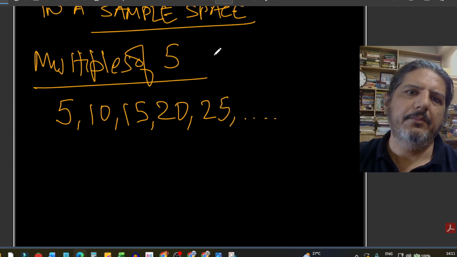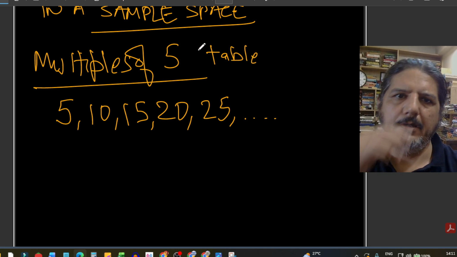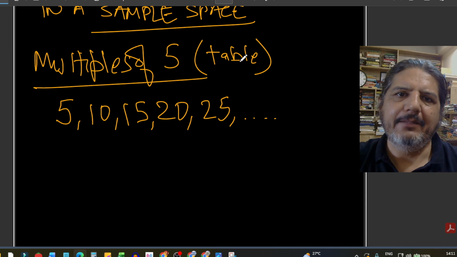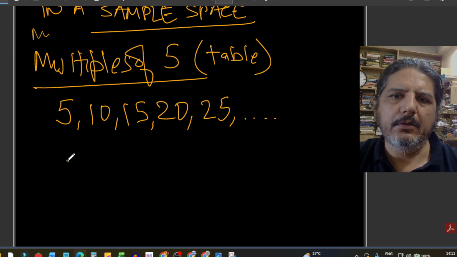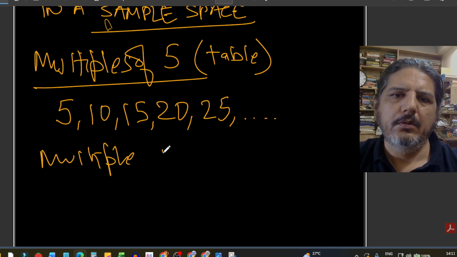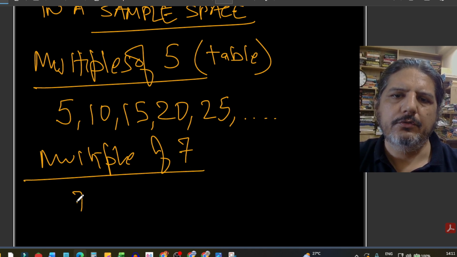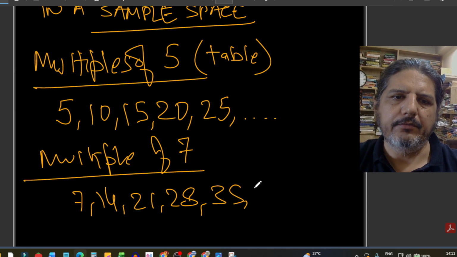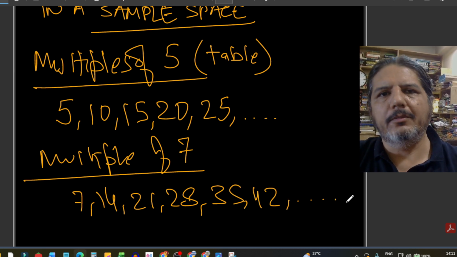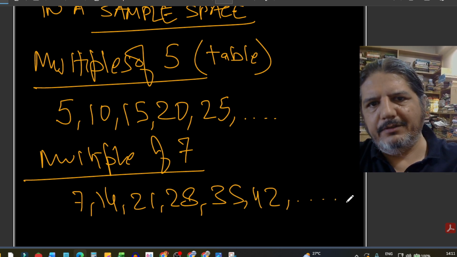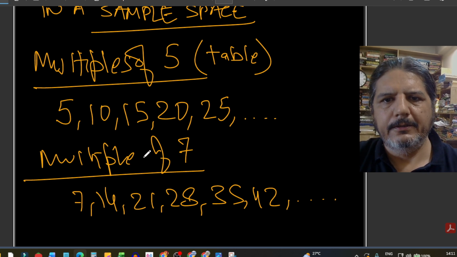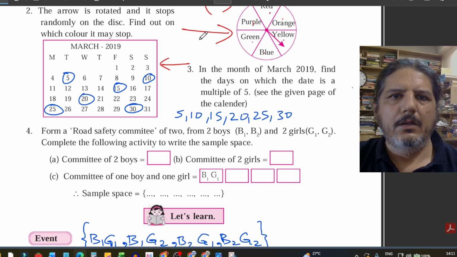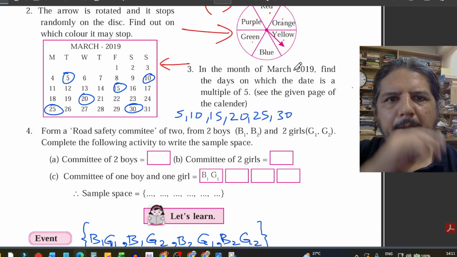Multiples of 5 means the table, like we see the table. So basically table of 5. Multiples of 7: 7, 14, 21, 28, 35, 42, and so on. So these are basically the multiples of 7. If you have to write the multiples of 7, basically write the table of 7. Now what they have said